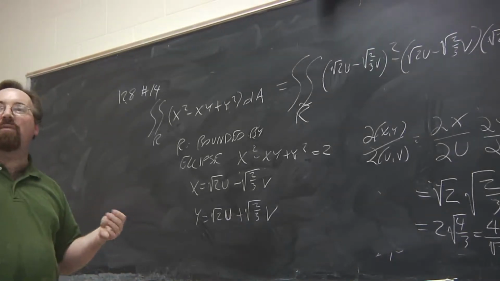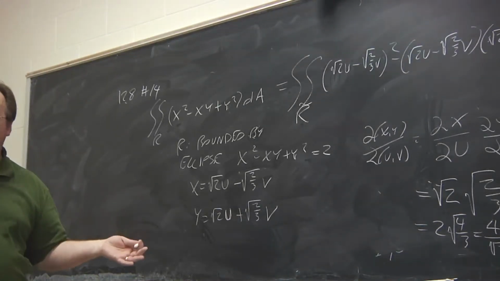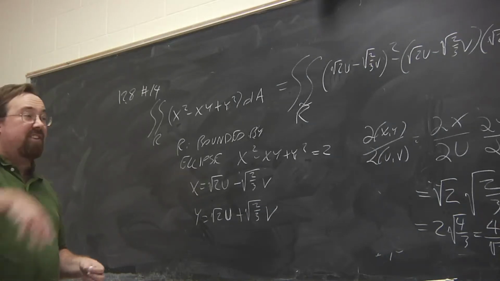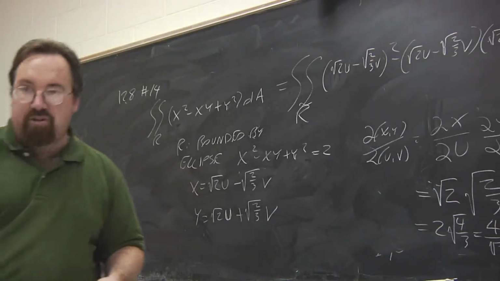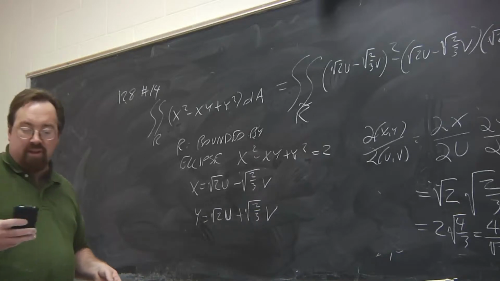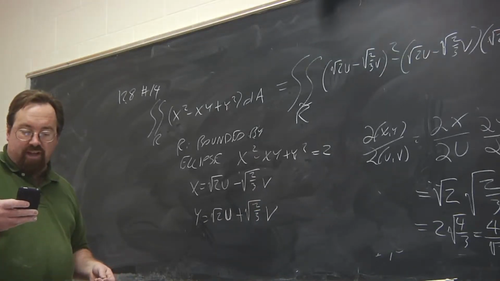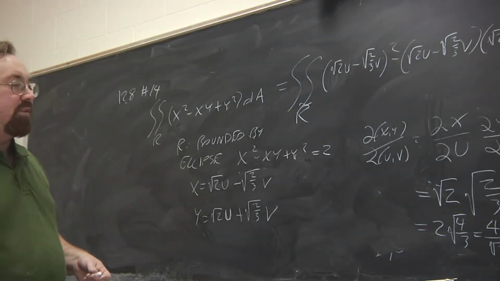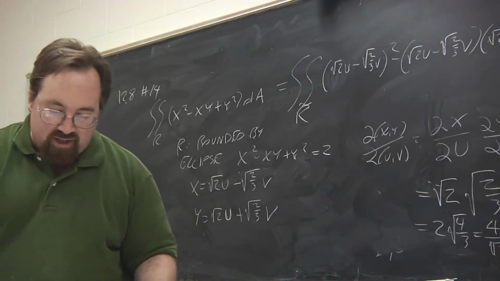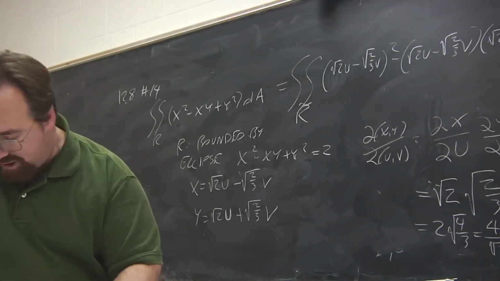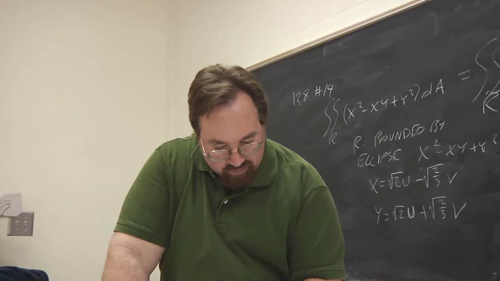These changes of variable are meant to make the region nicer than it was before. For instance, one of the examples in the notes maps a parallelogram into a rectangle. So that's generally the idea, is to get a familiar region that we know how to integrate over. So any questions about